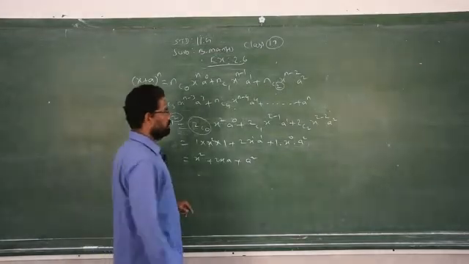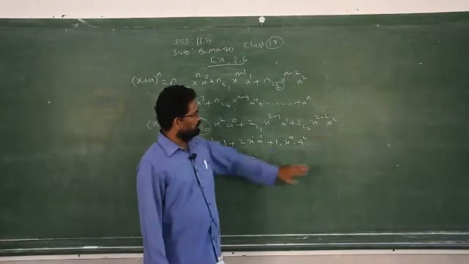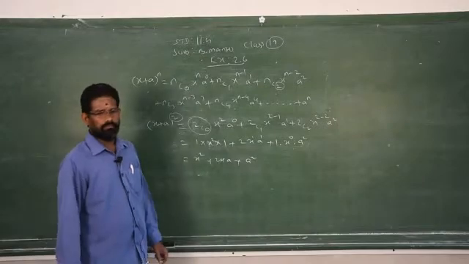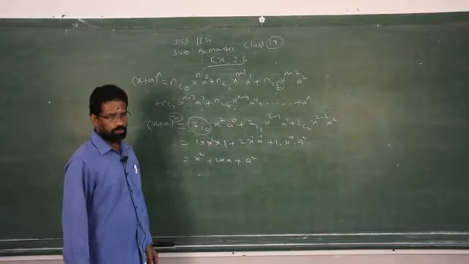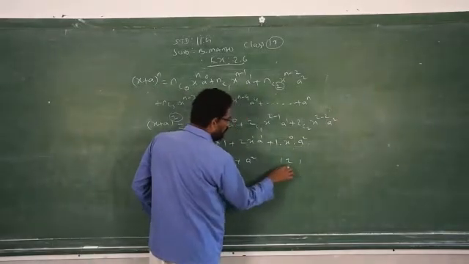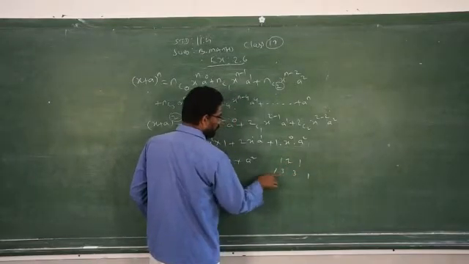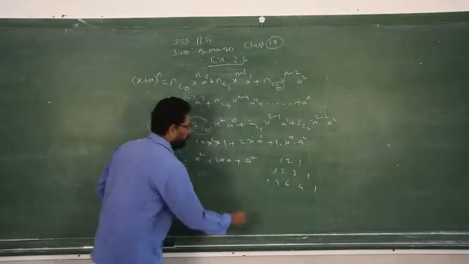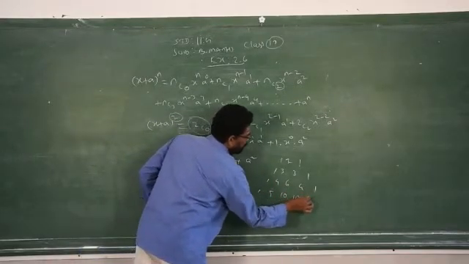You can apply that also, and it is suitable when the power is 5 or 6. Up to power 5, you can apply the Pascal rule and you will get the straight answer without using the binomial theorem. That is, you start 1, 1, always start with 1, add these 2: 2 plus 1, 3, 1. Again you start with 1, add 3 plus 1, 4, 3 plus 3, 6, 3 plus 1, 4, 1. Again you start with 1, add these 2, add these 2, add these 2, and end with 1.